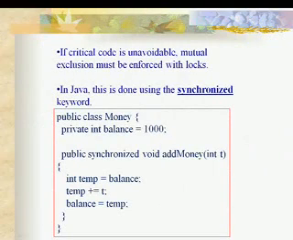If critical code is unavoidable, mutual exclusion must be enforced with locks. In Java, this is done using the synchronized